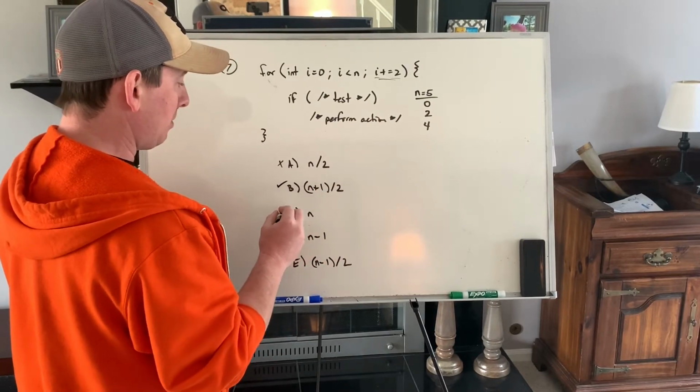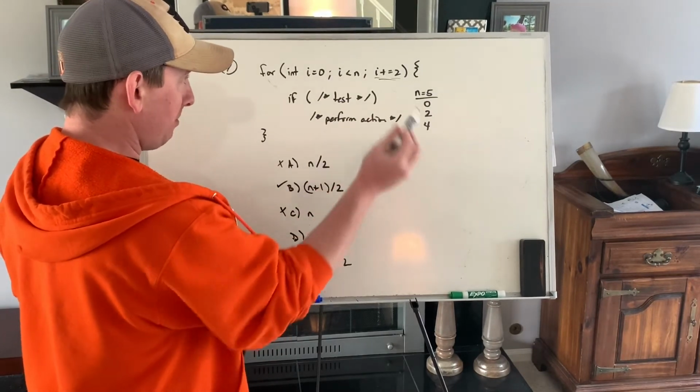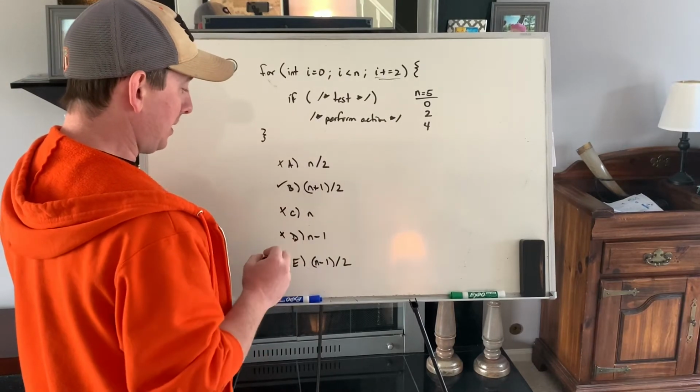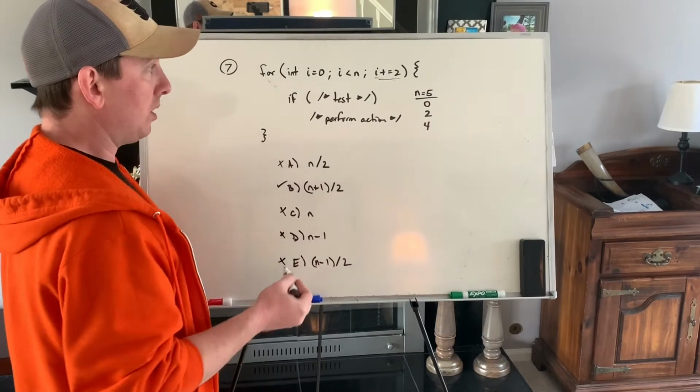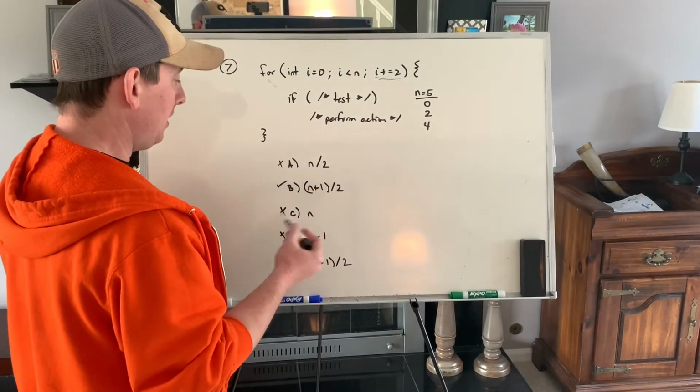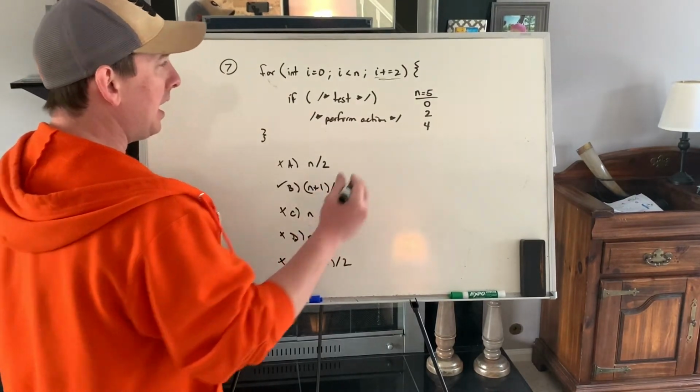n is 5, so that's not it. n minus 1 is 4, so that's not it. n minus 1 over 2, that's going to give us 2, so that ain't it. All right, well, there you go. Try n equals 5, and then B is the only one that makes sense. Now, I think if you